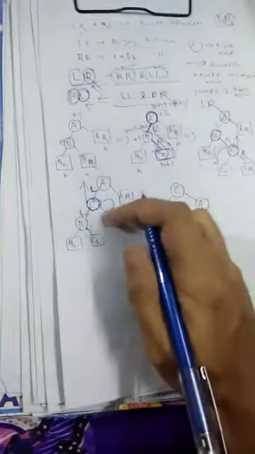Then this structure A will come to the right of the C, or not? This will come here. Then AR as it is. What is the CR family? It goes to the left of the AR. So this is your tree. If you calculate the balance factor, you will find 0 here because the heights are the same. So this is your LR rotation.